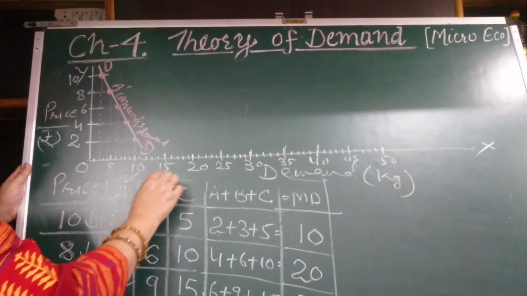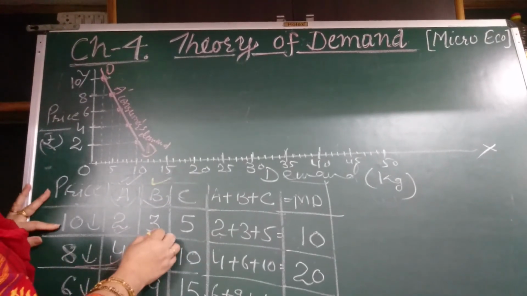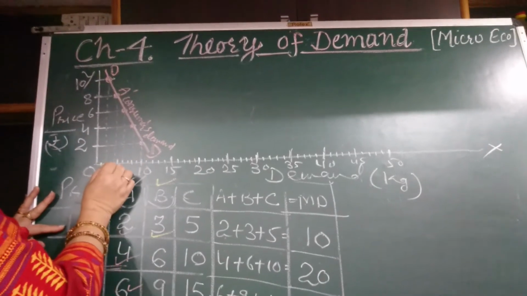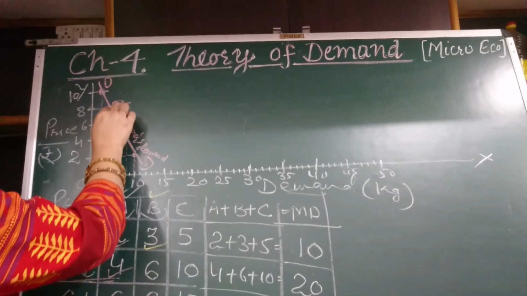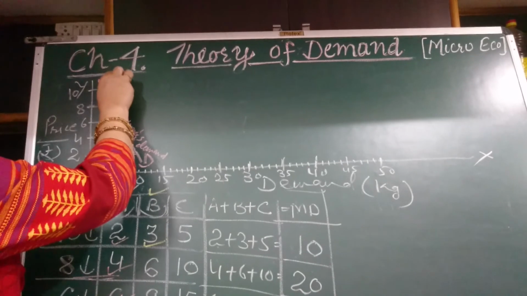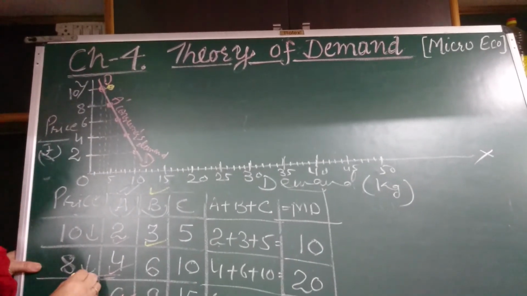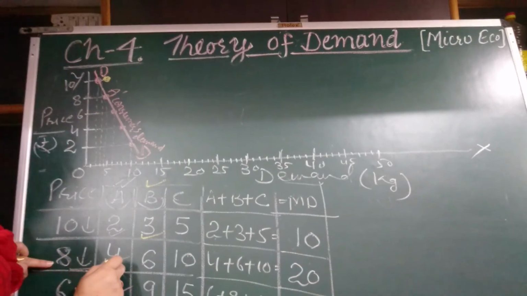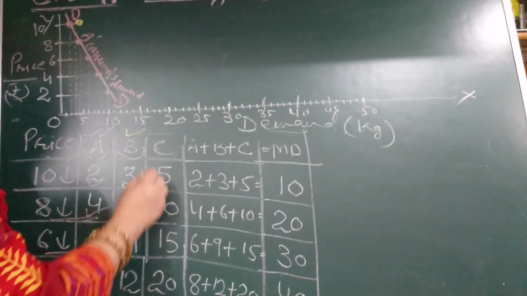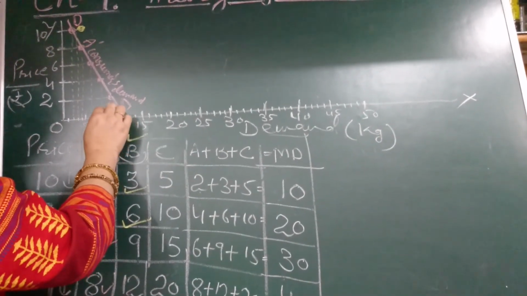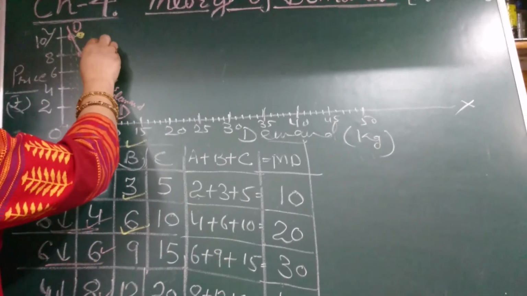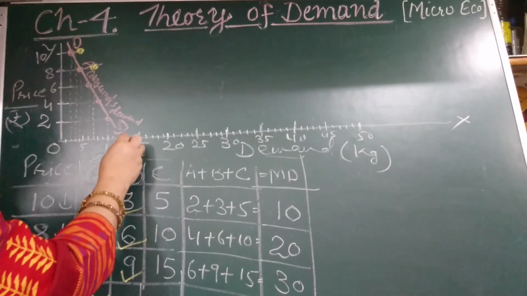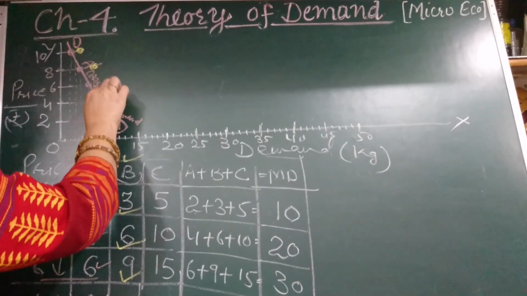Next one is B consumer's demand. B consumes 3 kilograms at the rate of 10 rupees. B consumes 6 kilograms of a particular commodity at the rate of 8 rupees. B consumes 9 kilograms of a particular commodity